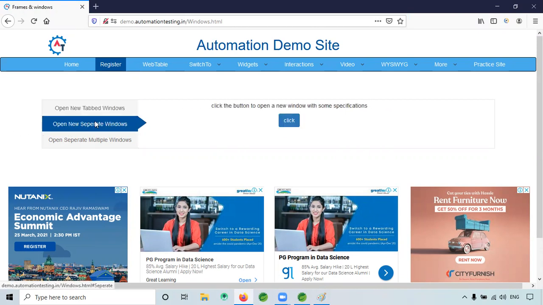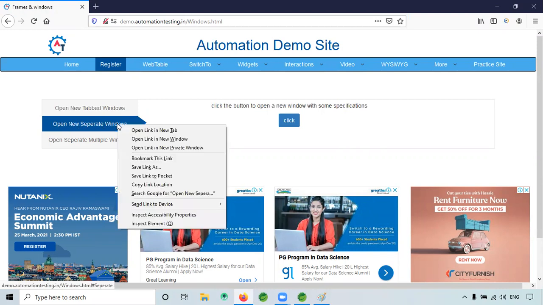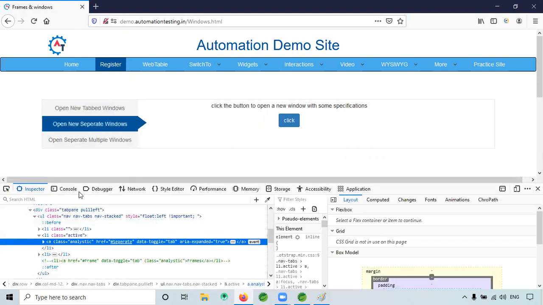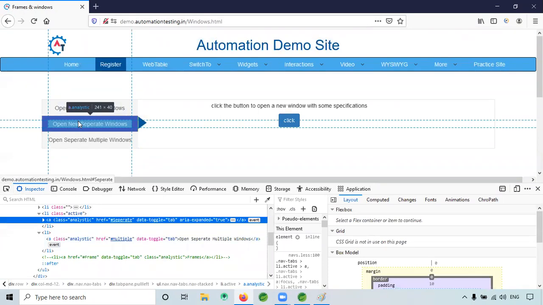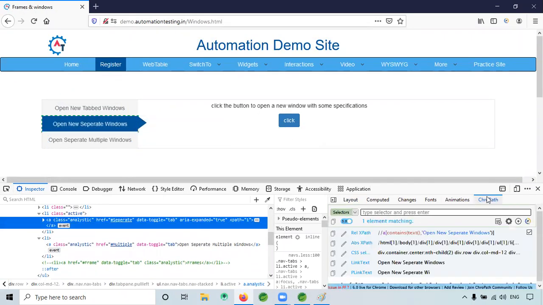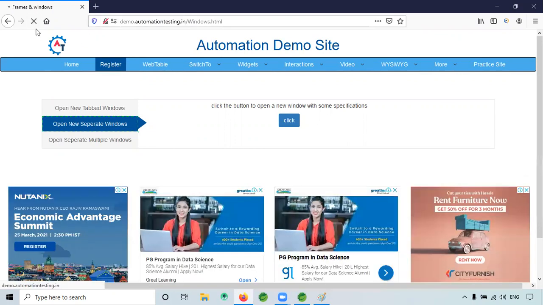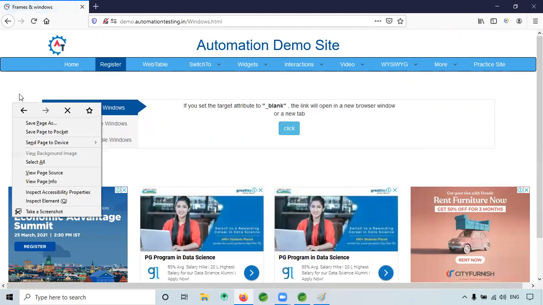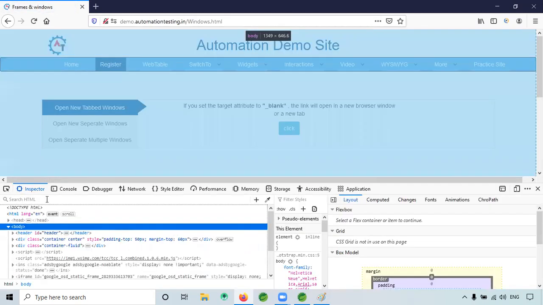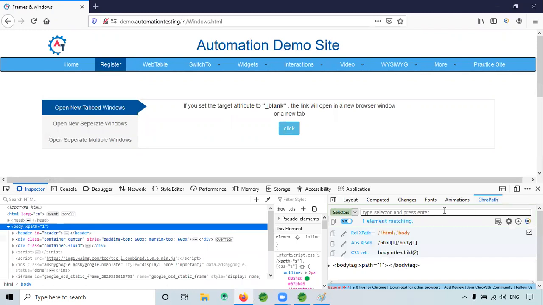So for that, let me get the XPath of this. Inspect element, copy XPath. I will refresh, inspect element, copy XPath, simply paste and enter. Okay, so it is choosing the tab.